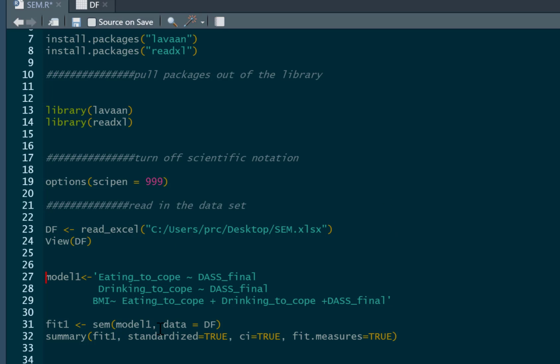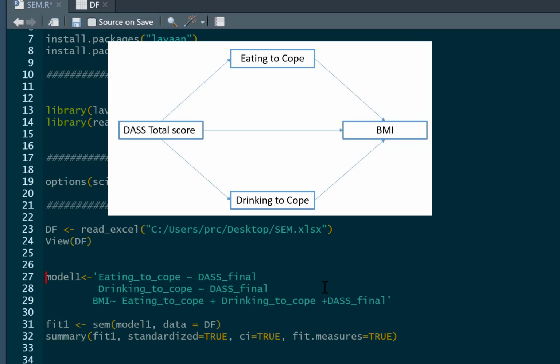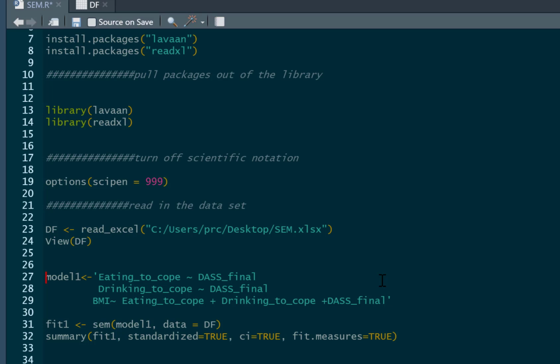So we'll note from last time, this was the model that we did. We looked at this sort of multiple mediation model, in which we looked at the effect of mental distress on eating to cope and drinking to cope, and how those variables were related to body mass index, and we computed all the direct effects in the model. What we didn't do though was compute the indirect effects,